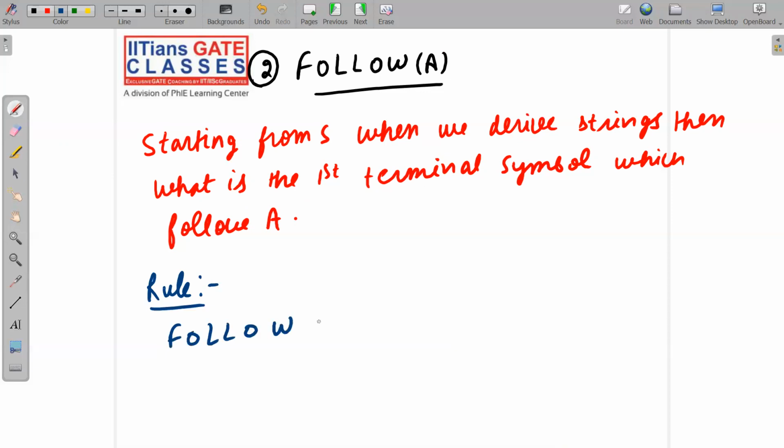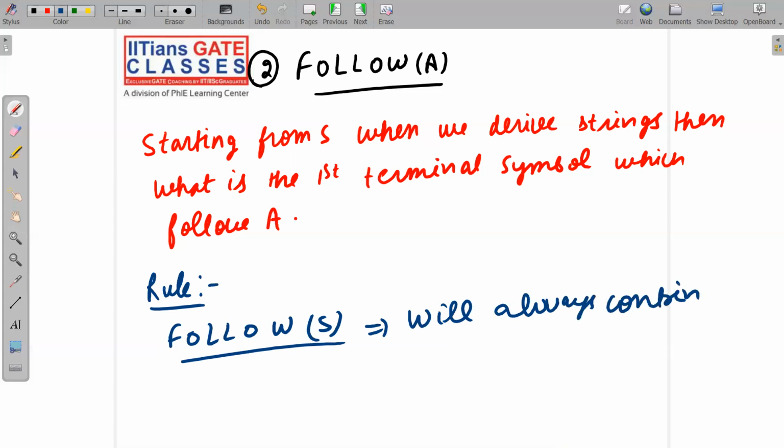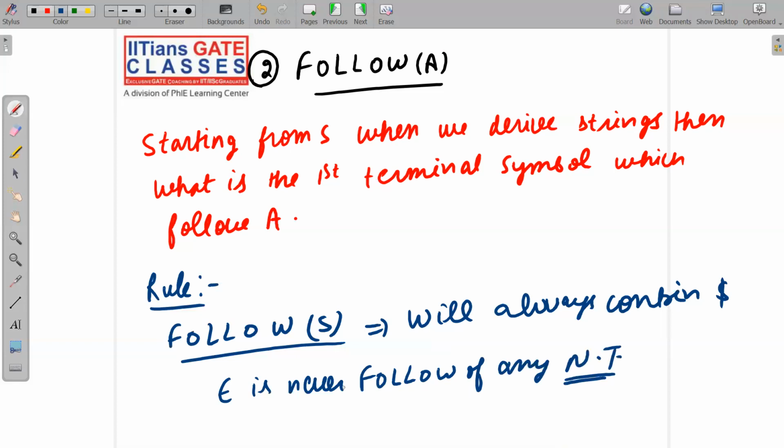Follow of S will always contain dollar. So indirectly, what I want to say is null is never follow of any non-terminal. No non-terminal will have null as follow, because indirectly, in case of stack, what we are saying is we have dollar,